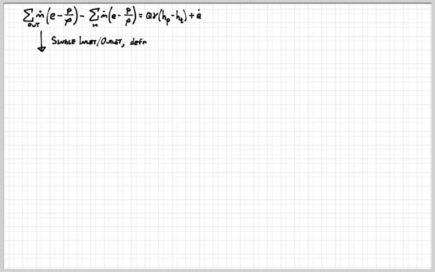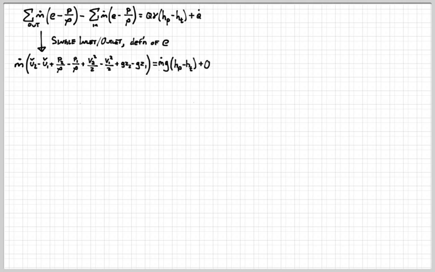Rather than the summation of ins and outs, if we could assume that our system could be described by a single inlet and outlet, and if we substitute in the definition of energy that we had, so the small u with the hat over it, the velocities and the elevations, or the internal, kinetic, and potential, and then notice those pressure terms carry over from earlier in the derivation. We end up here,